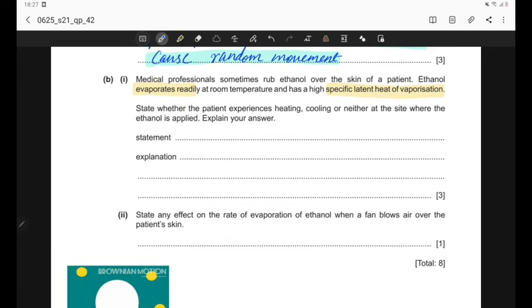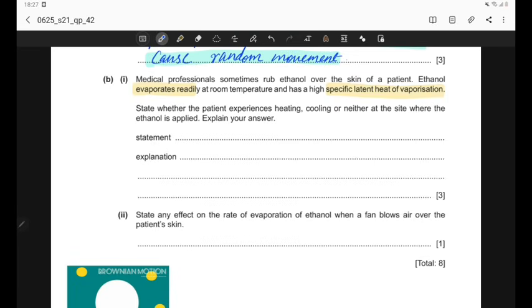ethanol molecules will take energy from the skin, or take heat energy from the skin. So the skin will lose some heat energy. So it will result in a cooling effect in the skin. So if we are writing step by step the process of evaporation and how it's a cooling process,